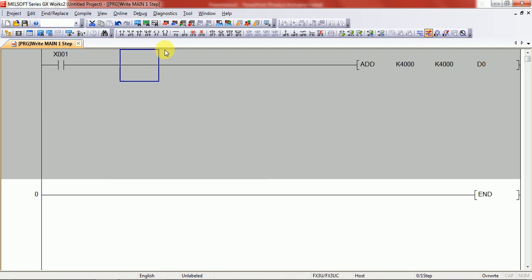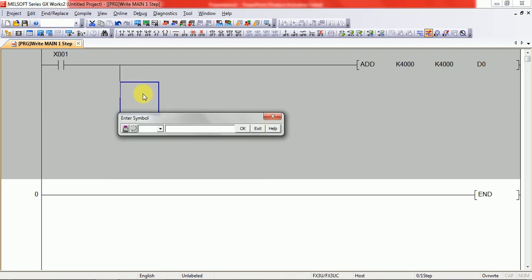Add more rows for other commands. Okay, and use a vertical line and SUB for subtraction, and the same K4000 is our 16-bit data, and D1 will be the result.